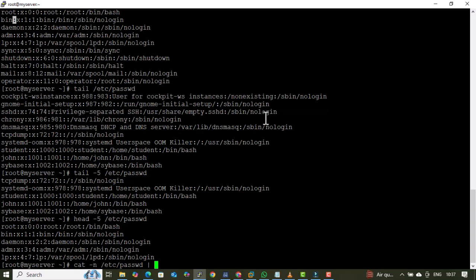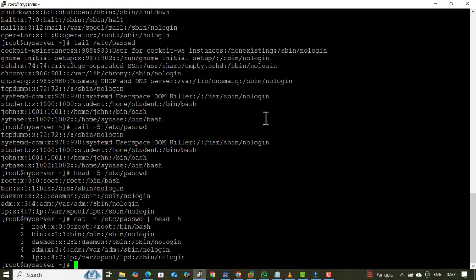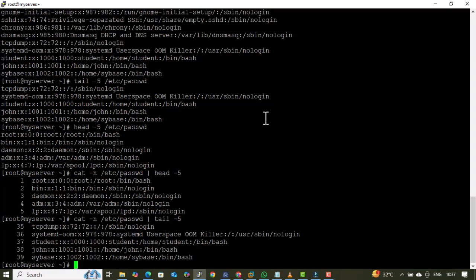Suppose here with the pipe command, we wanted to check the first 5 lines. Now we don't need to give the file name here because we have given the file name before, and we wanted to check whether these are 5 lines or not. See, now it has given us the output of the first 5 lines. Now we are also able to identify that these are the first 5 lines. The same we can do with the tail command as well. Let's check if it is printing the last 5 lines or not. See, now we can check that yes, these are the last 5 lines of the file.